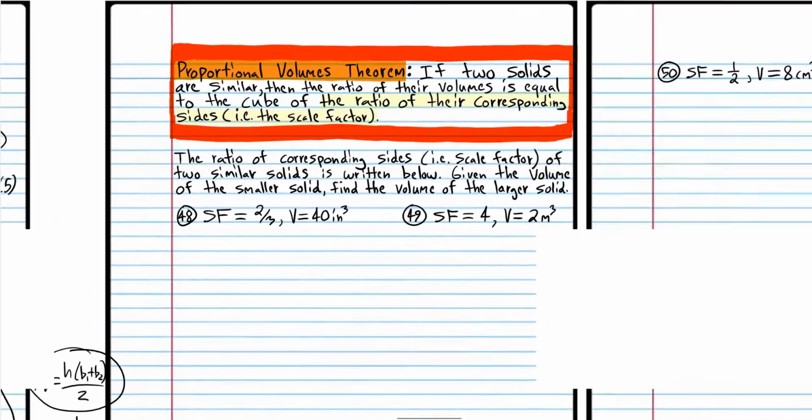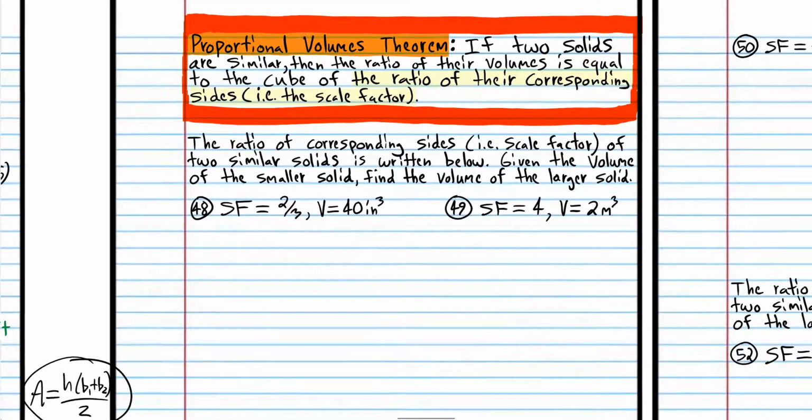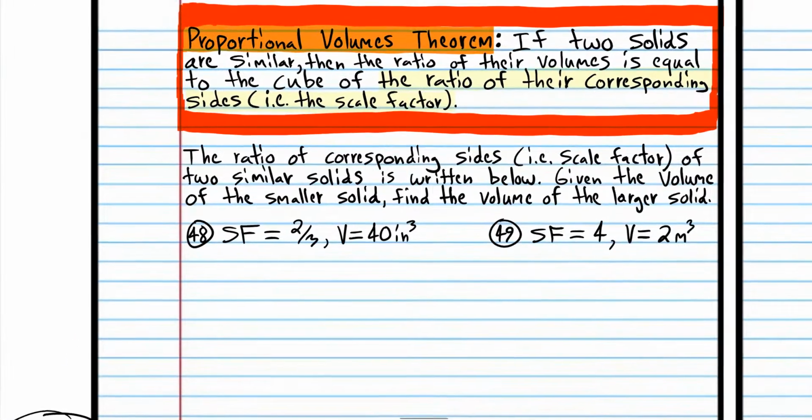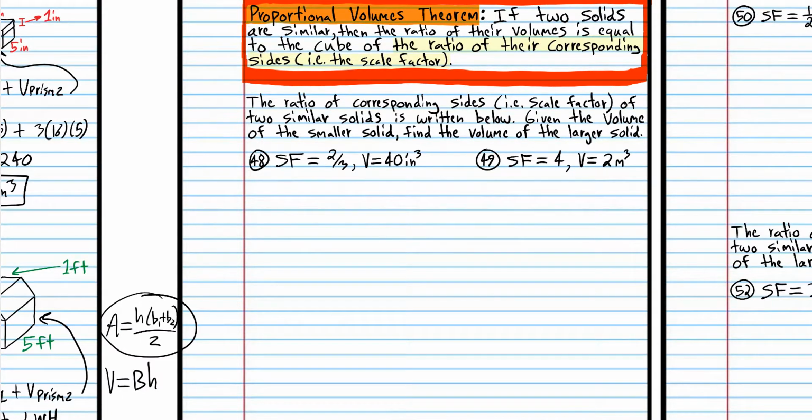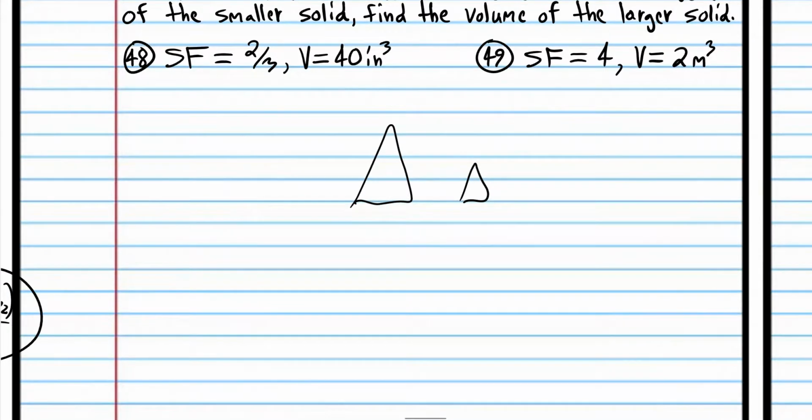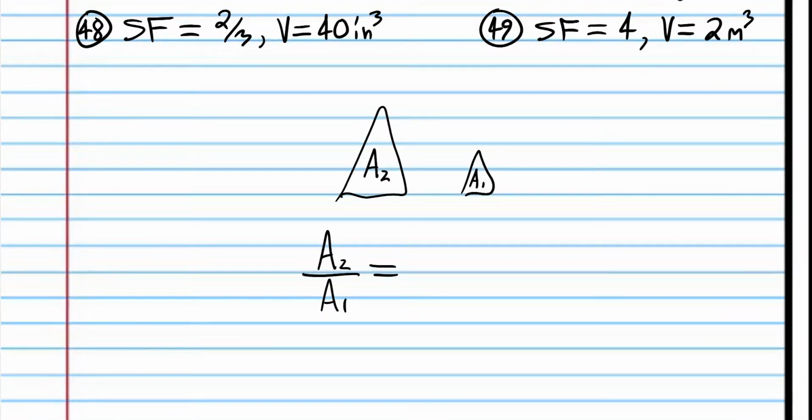So now we're going on to proportional volumes. We learned in a previous class that if two shapes are similar, then if you take the areas, let's say the area of that triangle is area 2, the area of this triangle is area 1, and you divide the areas, then that quotient is equal to the